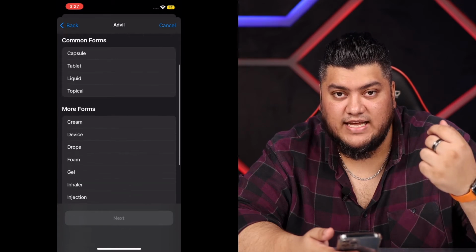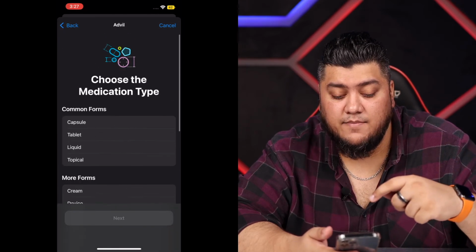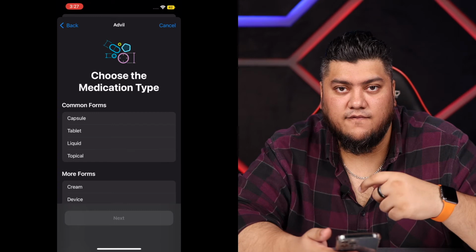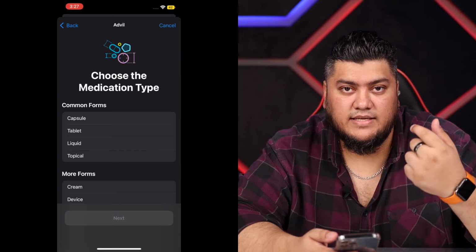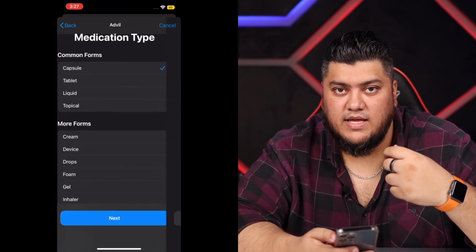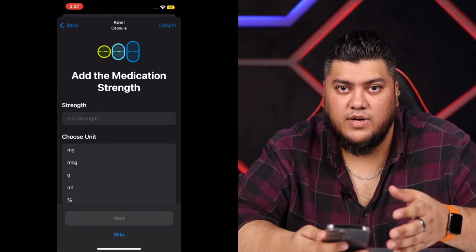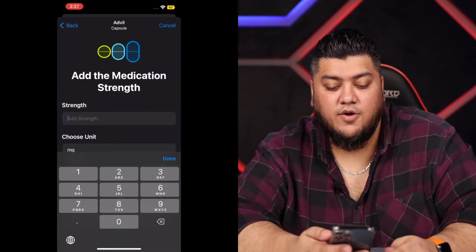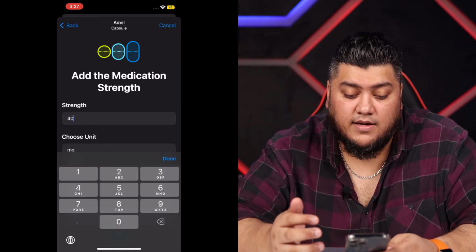So you have to select the medicine. You can either type the name. It's going to ask you what type of medicine it is. Is it a pill? Is it a capsule? It's going to ask you for the milligrams. So it's going to ask you what potency it has,